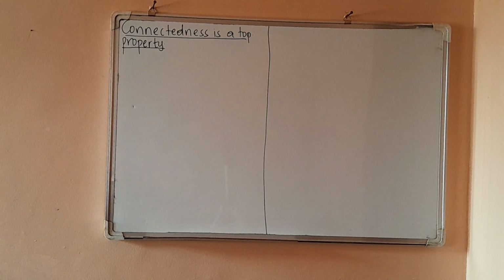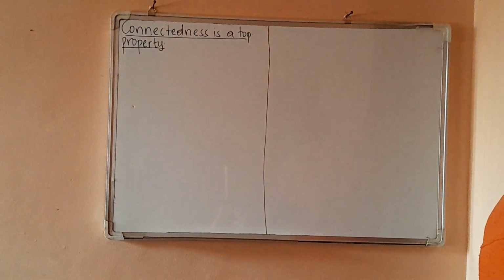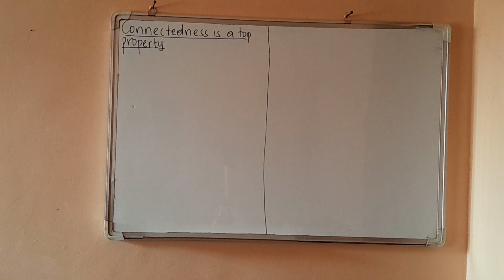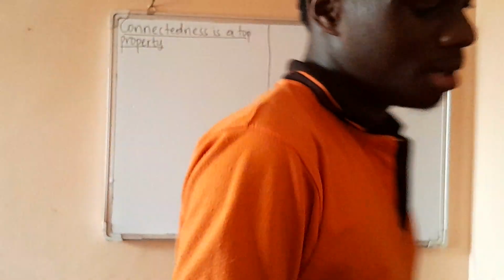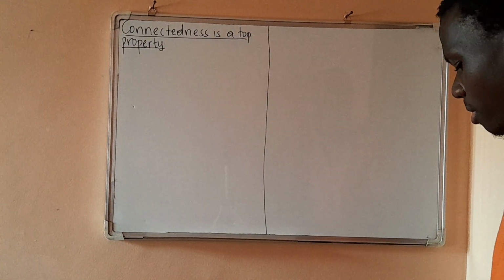Welcome back to this tutorial on connectedness. So what do we have now? We want to show that connectedness is actually preserved under homeomorphisms. So we are claiming that connectedness is a topological property. Now a topological property is one which is preserved under homeomorphisms. What does that mean? As in, if you have a homeomorphism